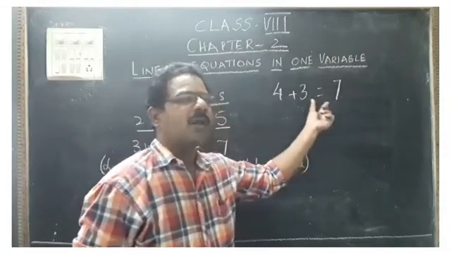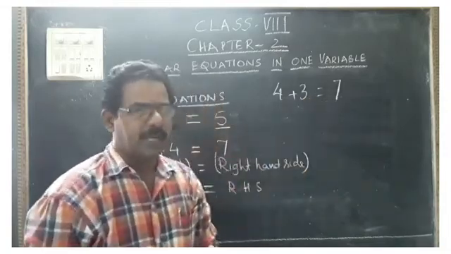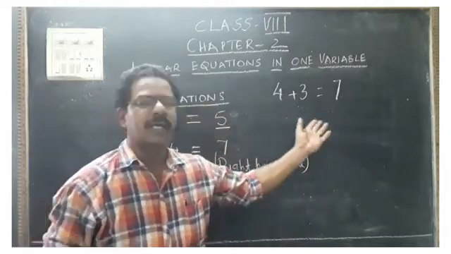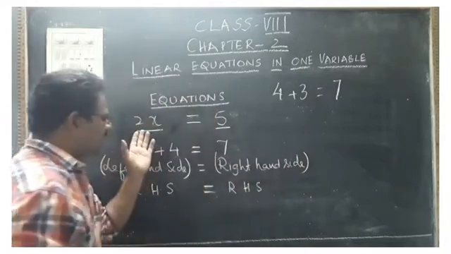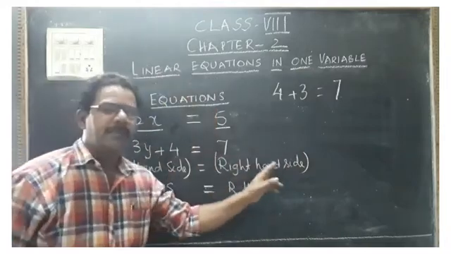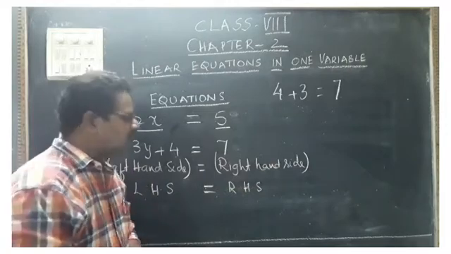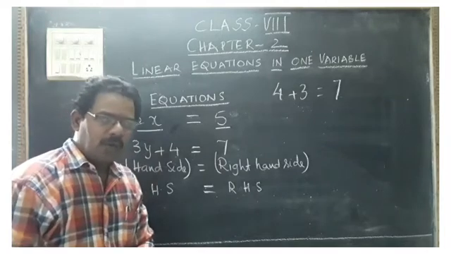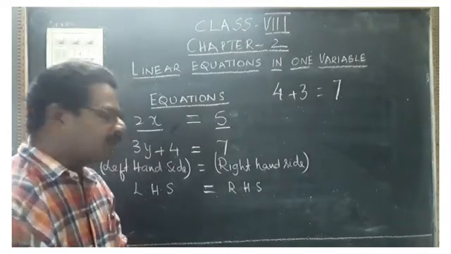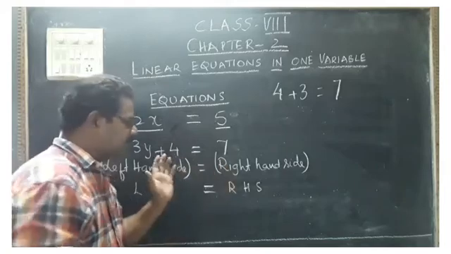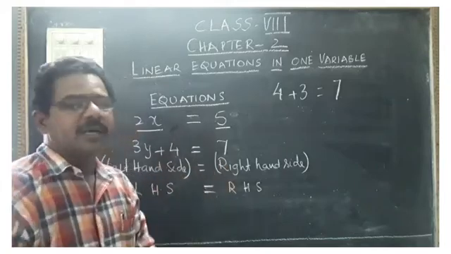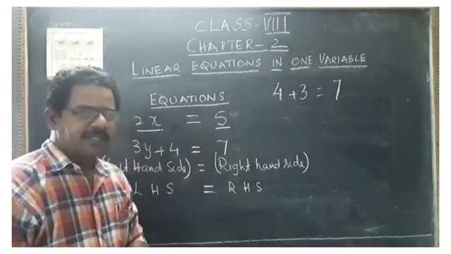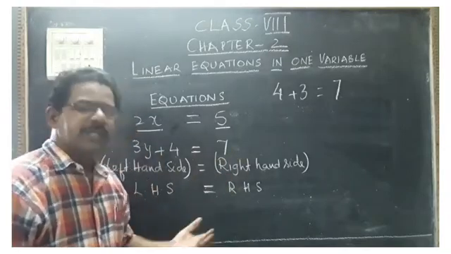So in an equation we always have this equality symbol. This type of numerical equation has no need to be solved because we can directly have the answer. But algebraic equations we have to solve to find the unknown value. For that purpose, we will use different methods. The transposing method is there, and the substitution method is there. Those methods we shall learn later.